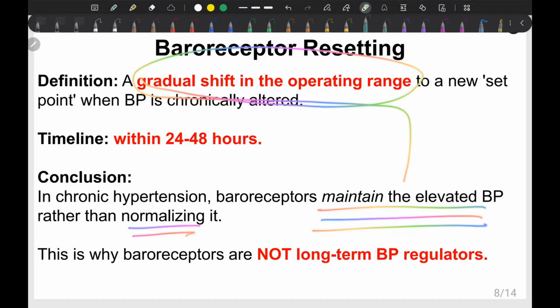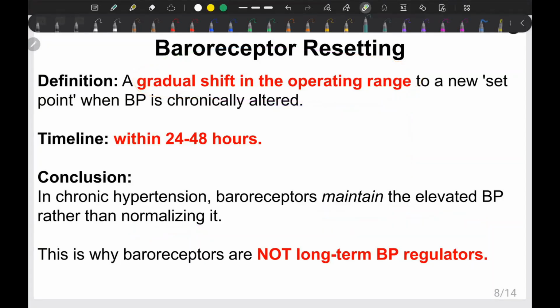Within the baroreceptor, there will be a gradual shift in operating range and there will be a new set point of the baroreceptor, and this is the reason why baroreceptors are not for long-term BP regulation. Now this is the favorite question of the examiner. They will ask you why baroreceptor is not a long-term regulator of BP control, or they can ask in chronic hypertension